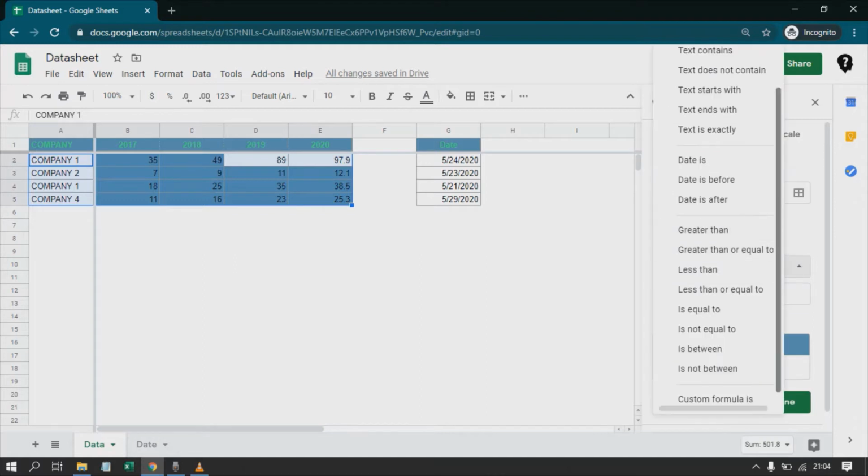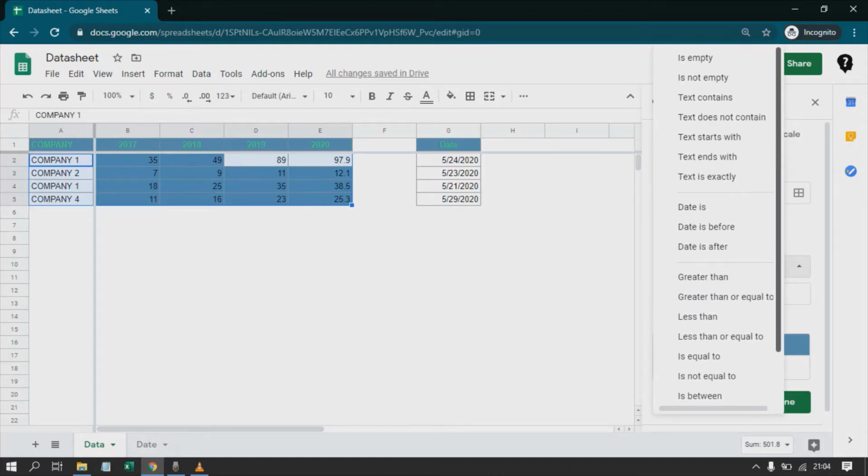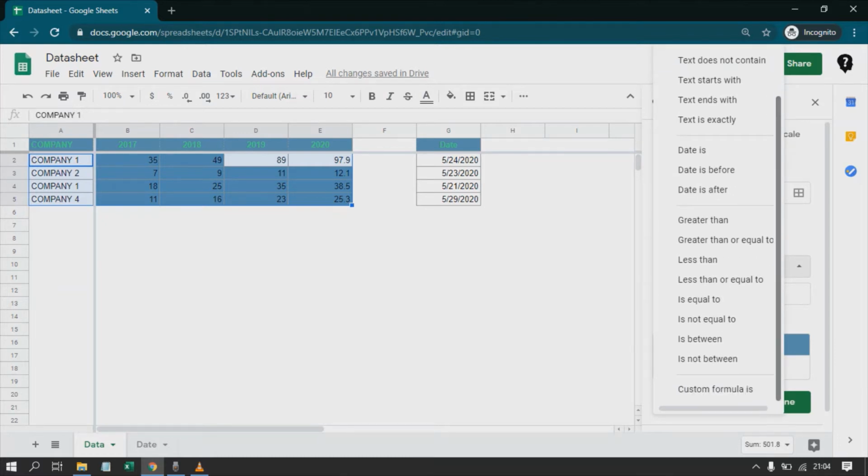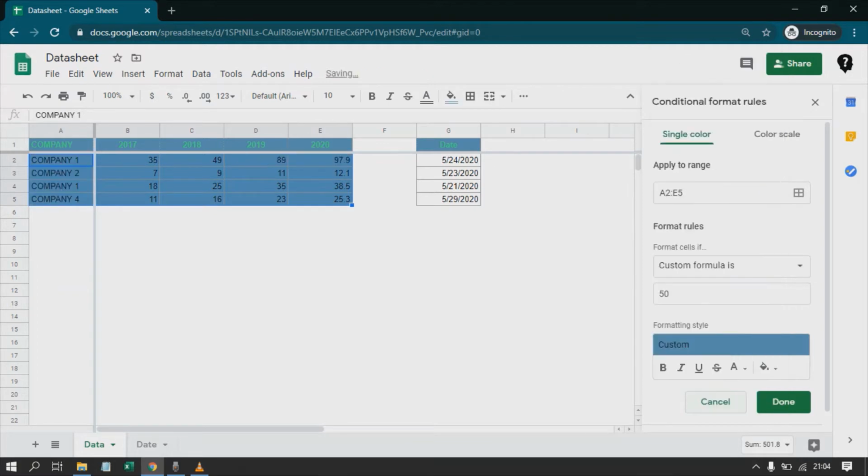Okay. Now if none of our requirement is getting satisfied by these pre-configured conditions, we have a custom formula based conditions here. So now this will open the entire world of conditional formatting for you, because you can set any custom formula here, and if the condition is true, it will highlight or format those cells.